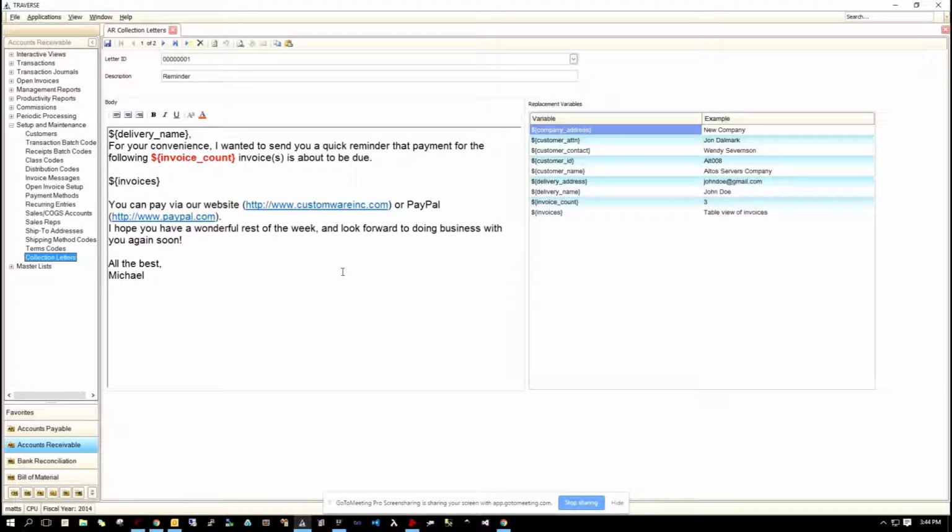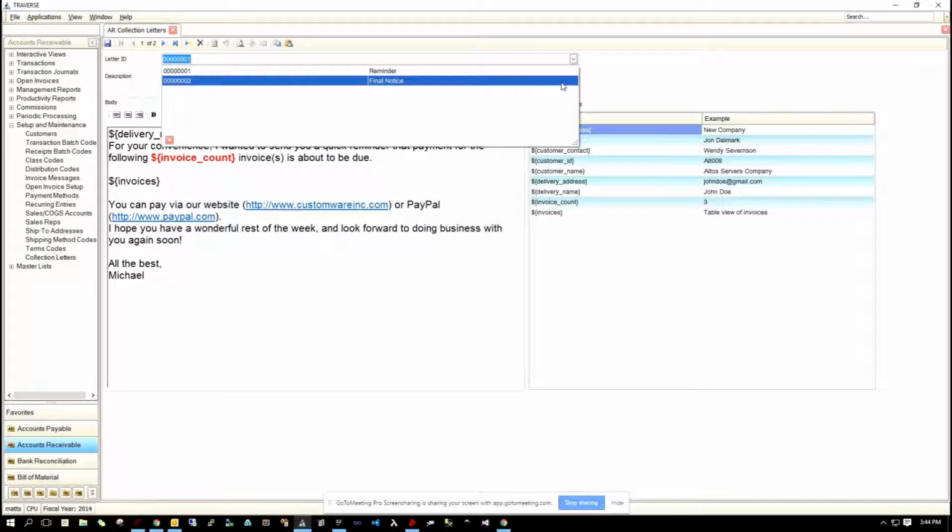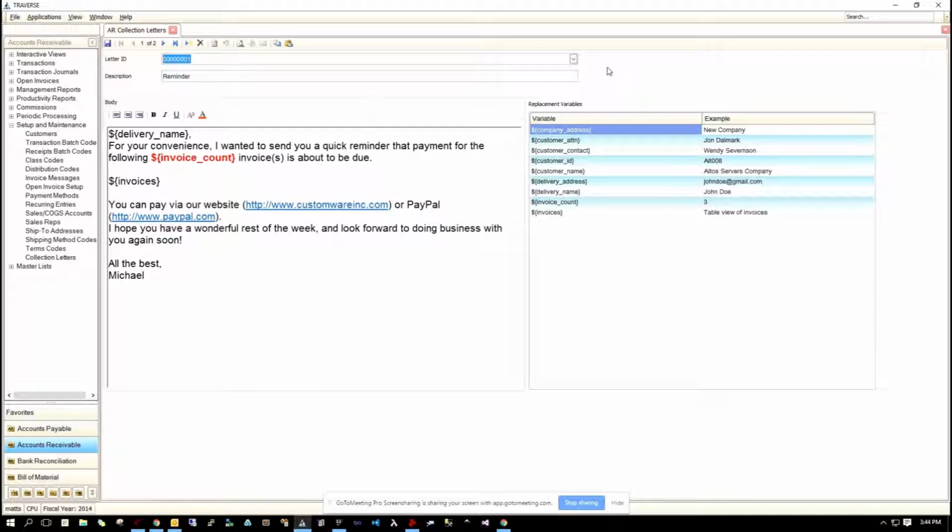The next step is to write your collection letters. Do this by selecting Collection Letters in the Setup and Maintenance menu. Here we have two samples of collection letters. One is a reminder and the other a final notice. When creating a new letter, enter the letter ID and the description, then begin writing the body of the form